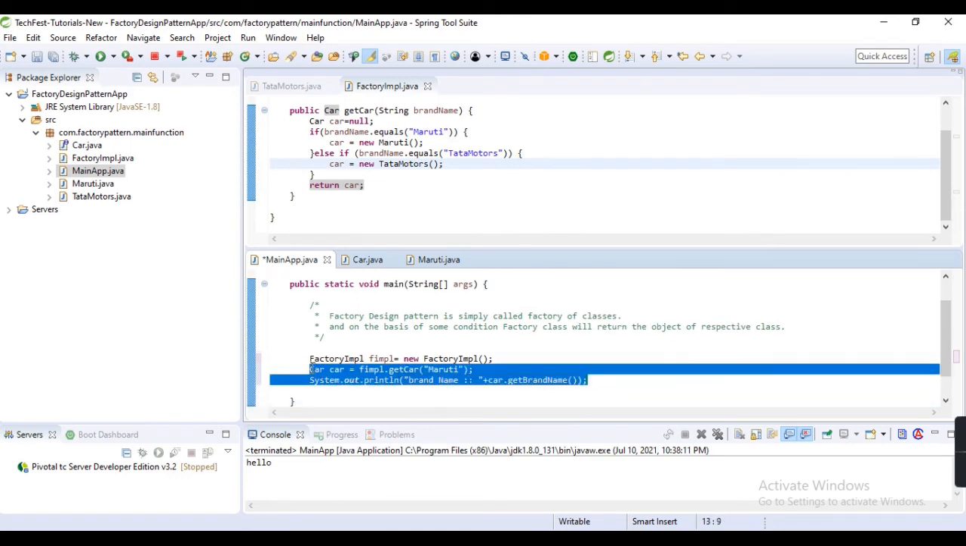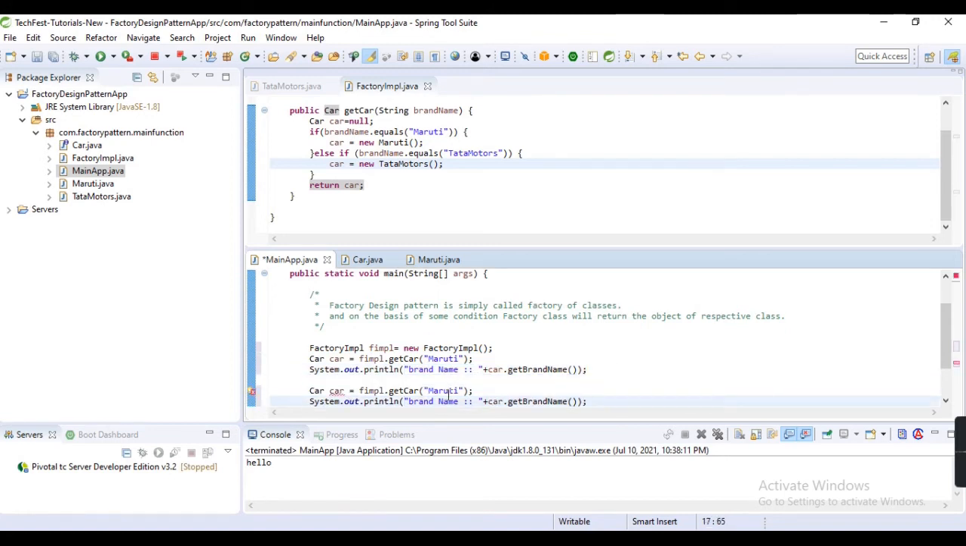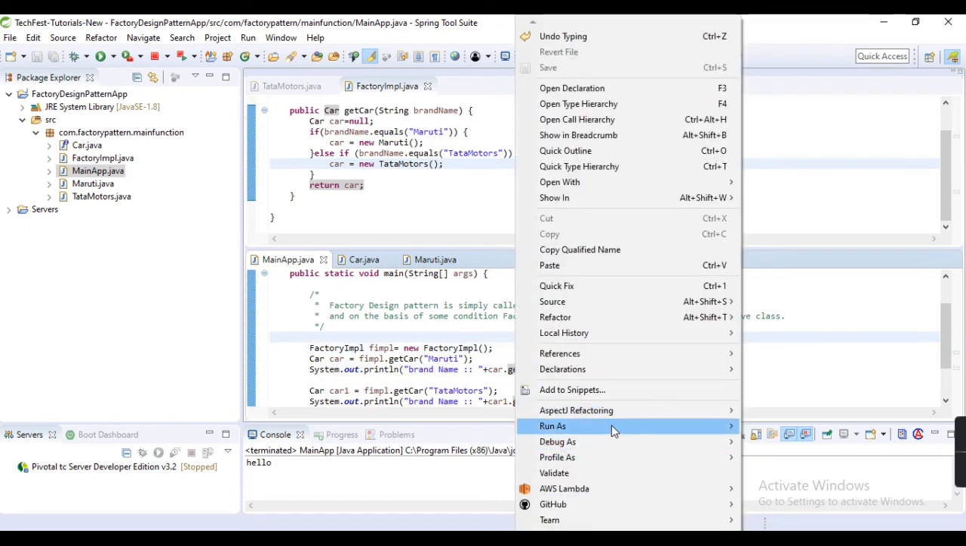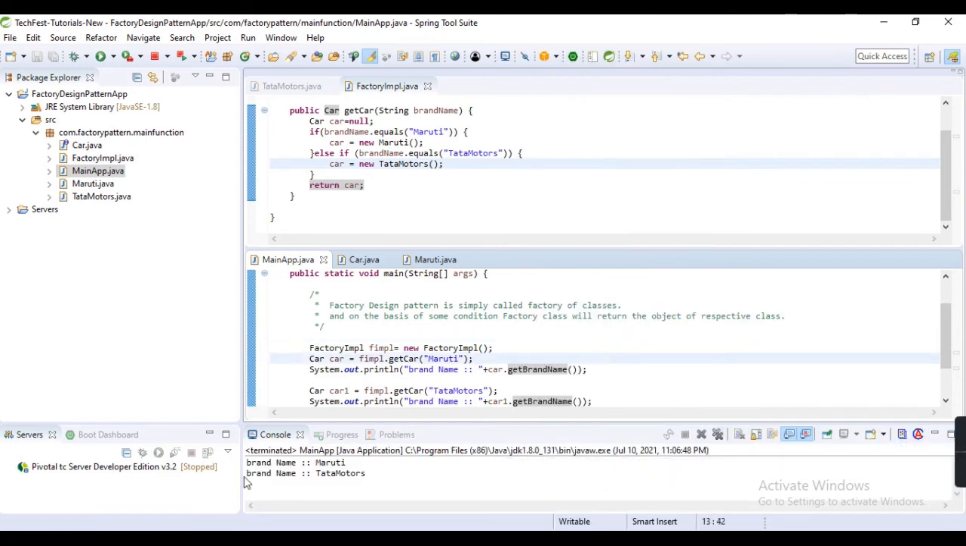Similarly, the second time I call this method, I pass Tata Motors and create a new reference. Now let's run and check whether it is working as expected or not. Yeah, so as you can see,